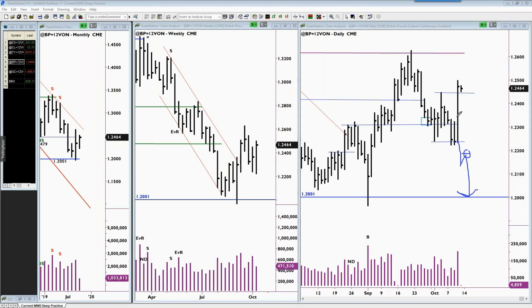But here we get long, and now the target's going to be up in here. But just buying this, that's kind of hard to do, I think. I think that's really hard to buy this on the close. Yeah, I'd find that kind of hard to do, because